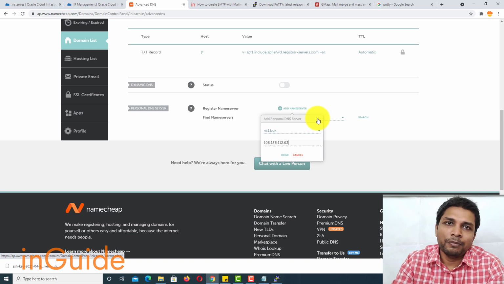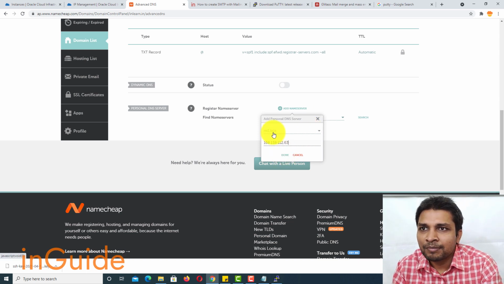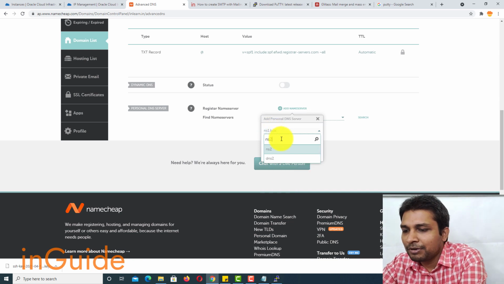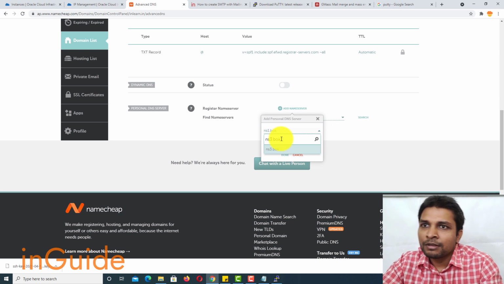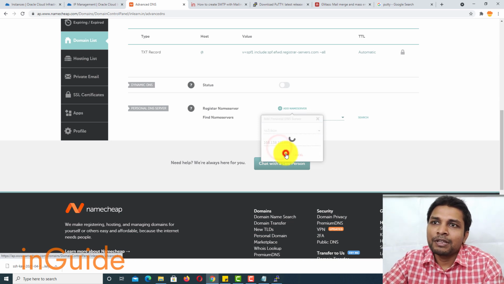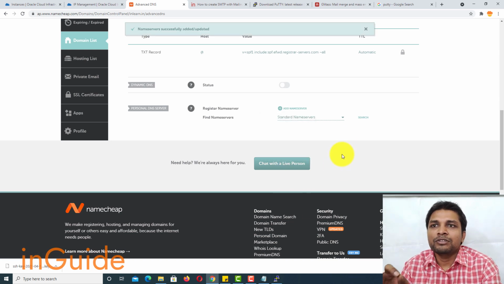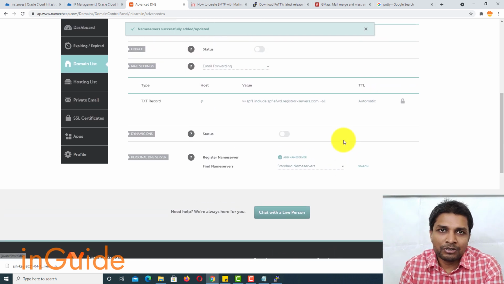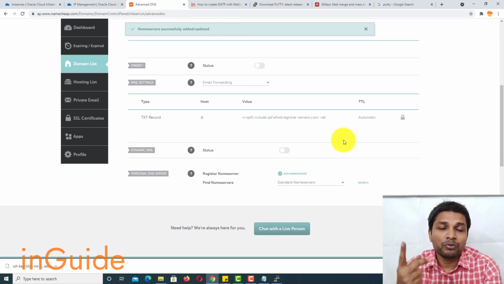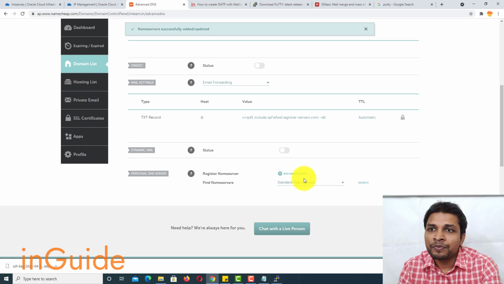I already have done this part, but let me show it with NS3 to you. Like I have done with NS1 and NS2, I'll show it with NS3. Alright, after that click done, and this will create the name server. So you have to create two name servers with NS1 and NS2.